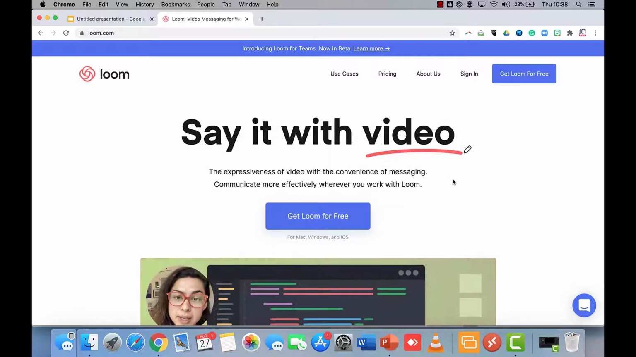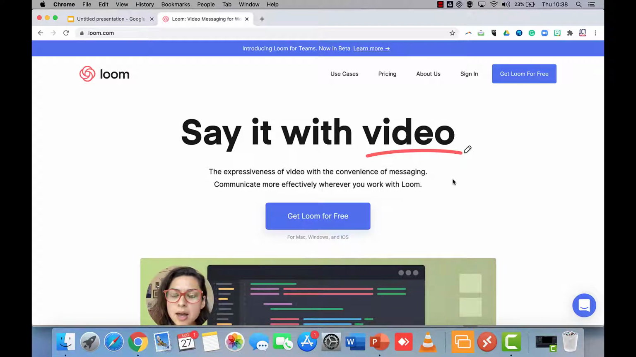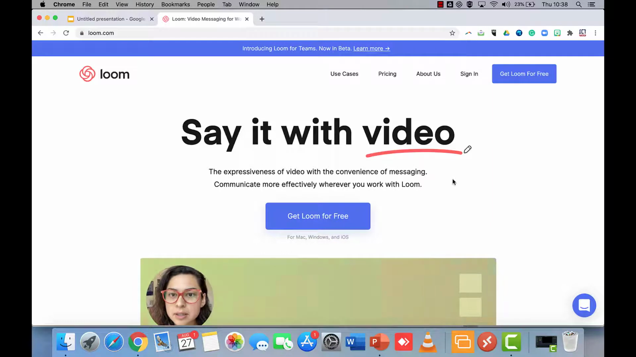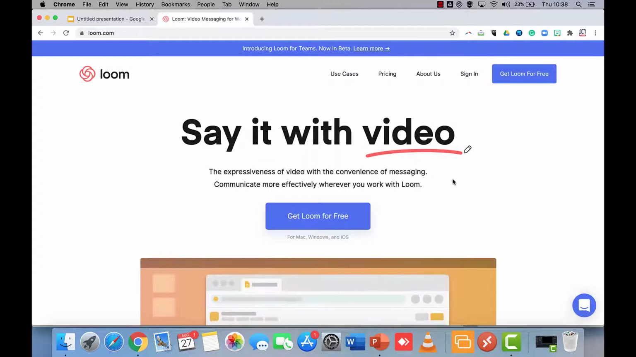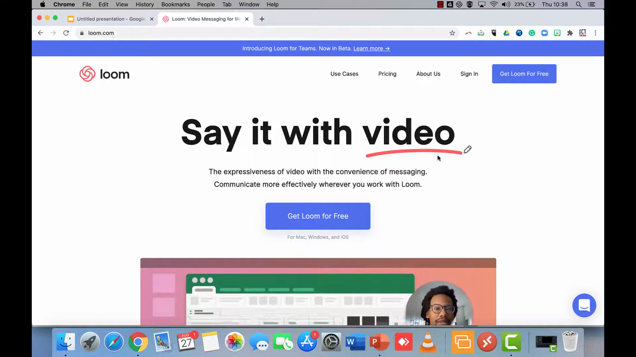And today we're going to show you how to use Loom. So, Loom is a screen recording application that is built on the web. So, first of all, you'll need to go to loom.com and press Get Loom for free to sign up for